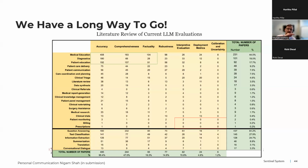Most of the literature right now is in medical education, in diagnostics, and in patient education. If you look down into extraction of clinical information from text, you've got a much smaller set of publications, and there's a huge opportunity for additional work in this area in post-market